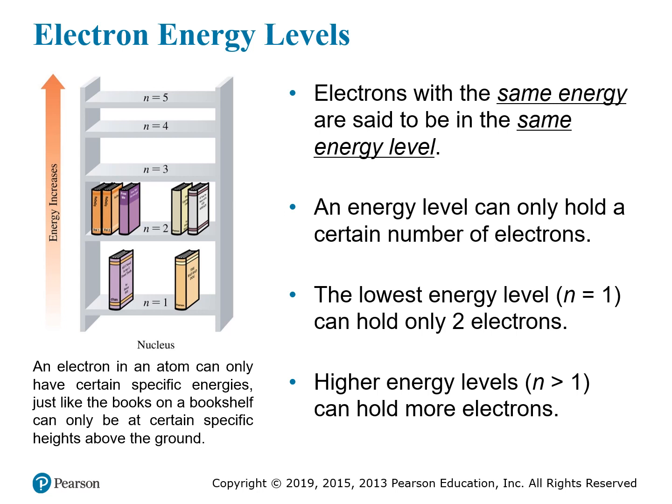So electrons that have the same energy are said to be in the same energy level. And an energy level can only hold a certain number of electrons. One way to think about this is to use the metaphor of, say, a bookshelf. The books on the different shelves in a bookshelf have different energies because they're different heights